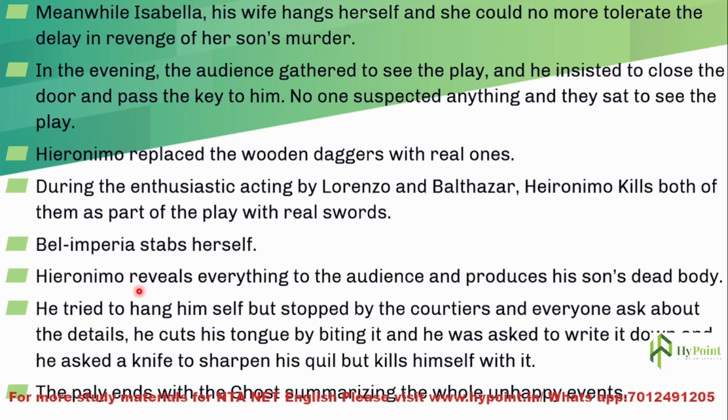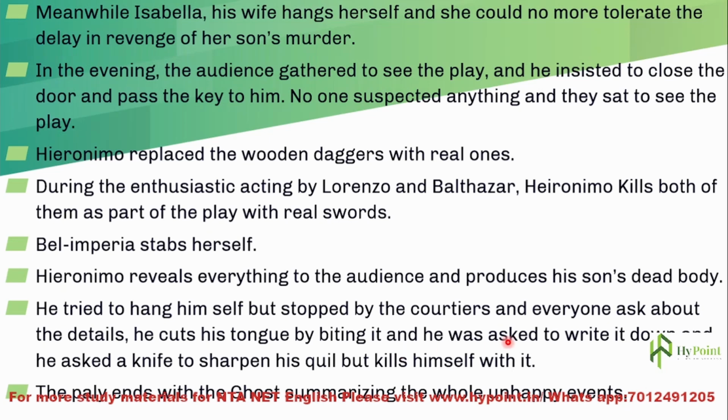So he produced his son's dead body and he tried to hang himself but was stopped by the courtiers, and everyone asked about the details. After revealing everything and producing his son's dead body, he tried to hang himself. But he was stopped by the courtiers because they didn't know what was happening. So everyone asked about the details, and as everybody was asking, he cuts his tongue by biting it,